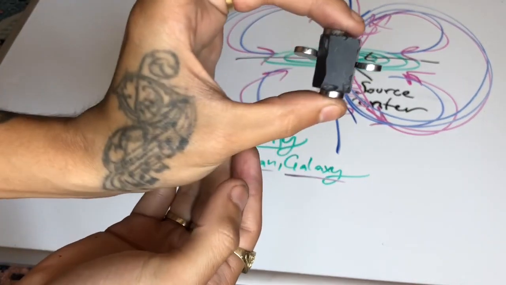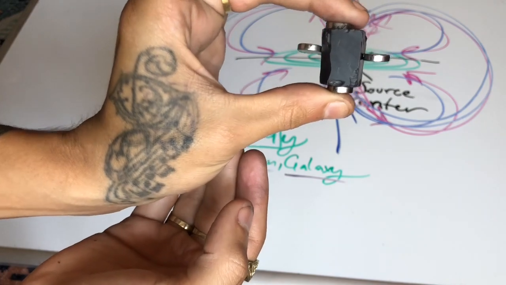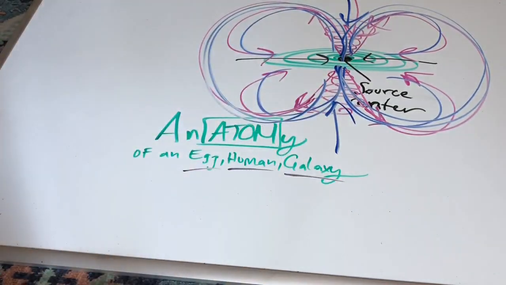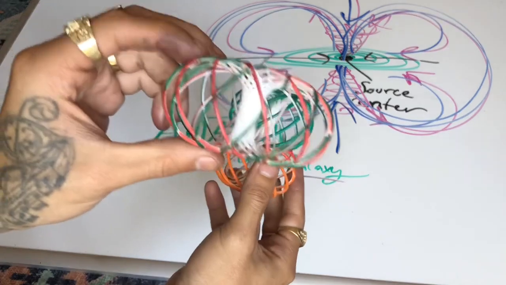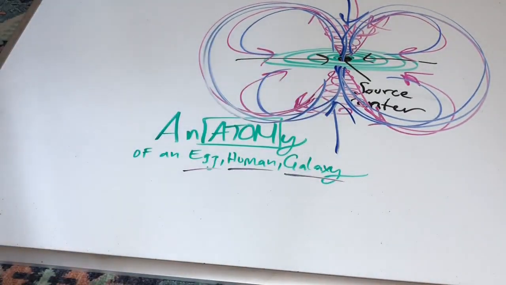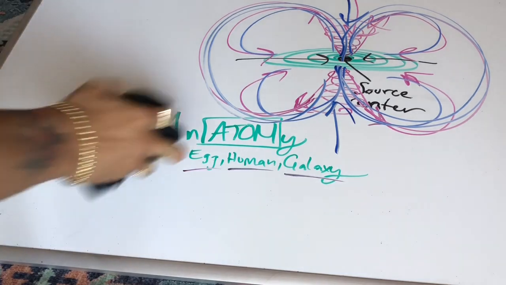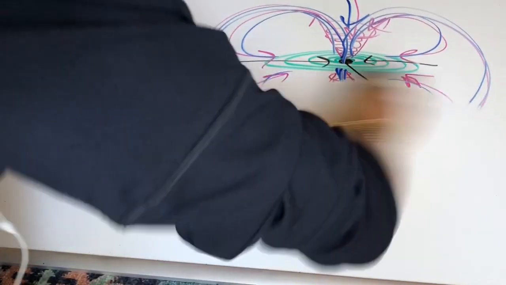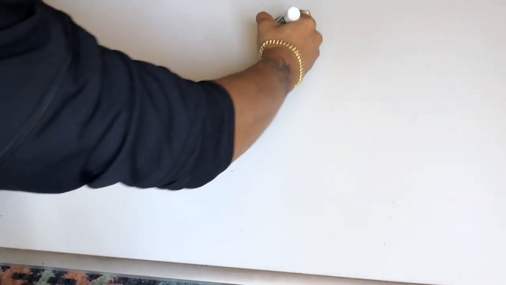Boom. There it is. So that's your Milky Way. This is the anatomy of your body as well. You have energy, frequency, vibration. So check this out. Your body